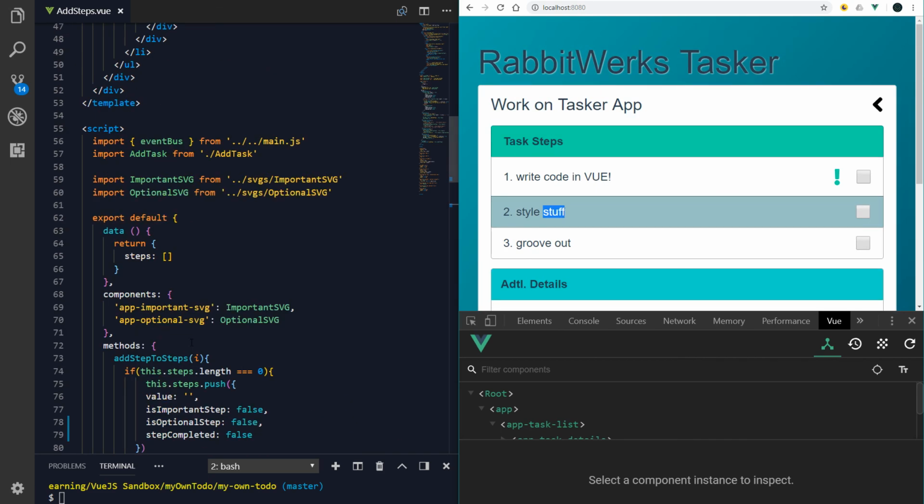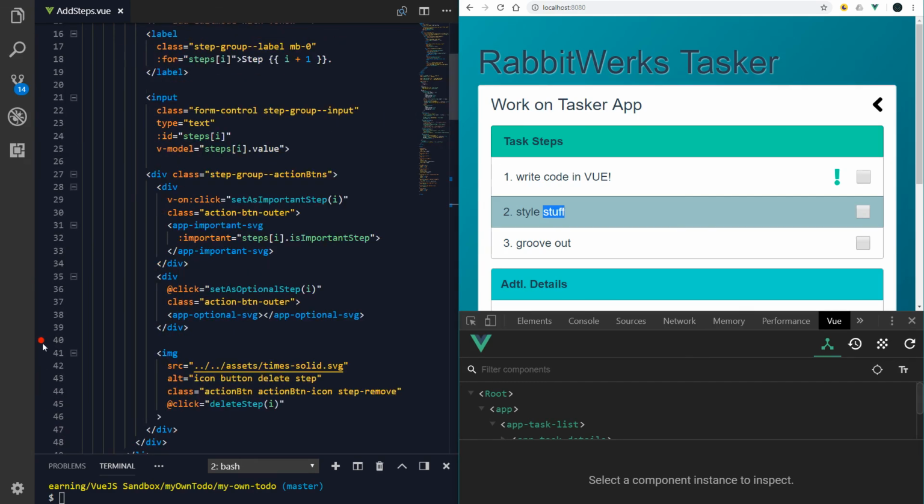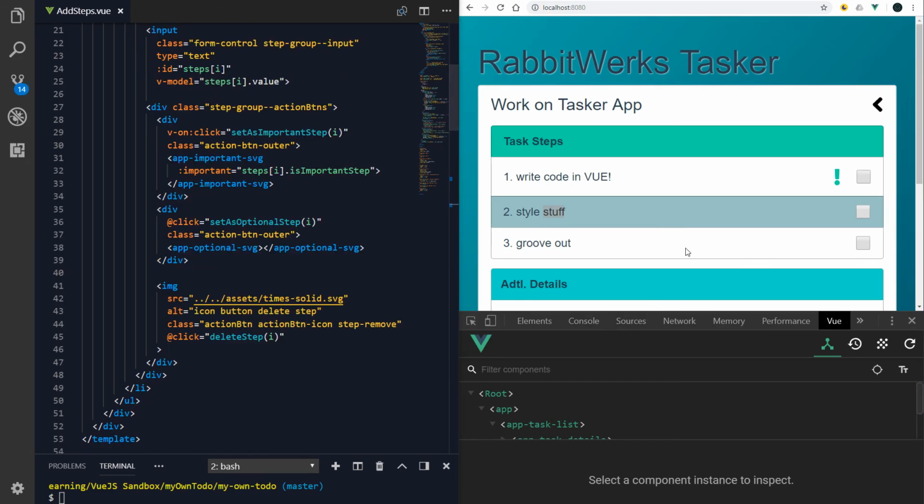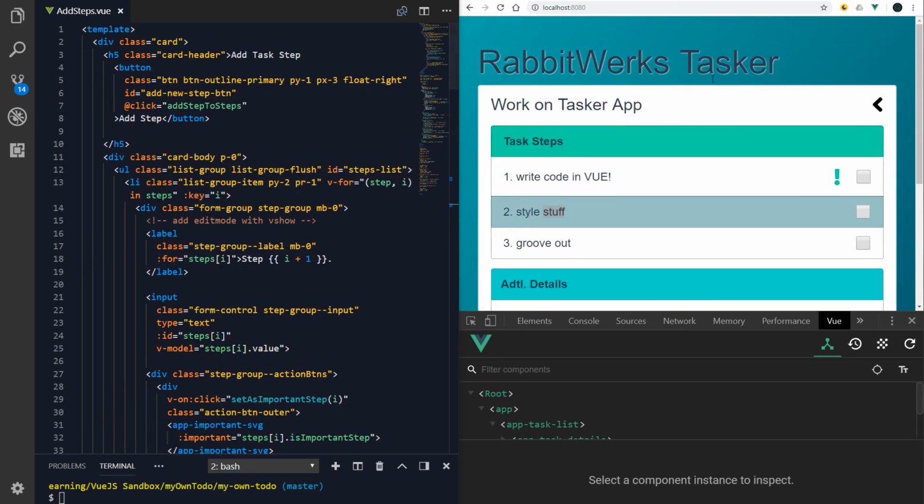And it's pretty cool. Oh, we don't need a breakpoint there. Jeez. Okay, so